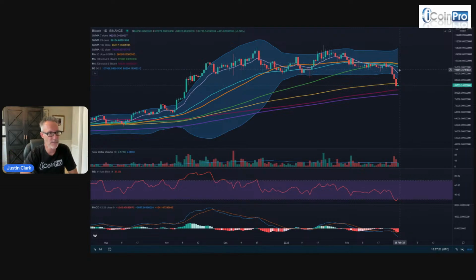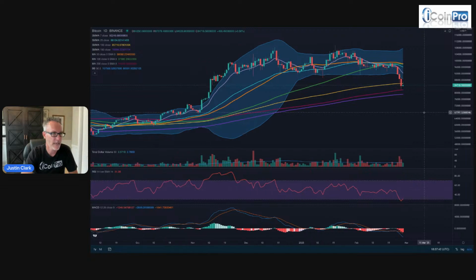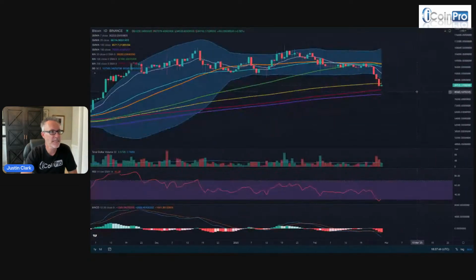We are trading below a lot of these moving averages, but we still have some support here. The last line of support right now is about 78,000. So if we lose 78,000, then really it could get sketchy and the market could search for a bit to try to find a bottom area to build some base that it can go back up from. So that's where we're at. But today, 80 and 86, I'm going to say, are the key levels. Yeah, 86,000. We've got to stay above 80 and reclaim 86 and start trading above that. All right.